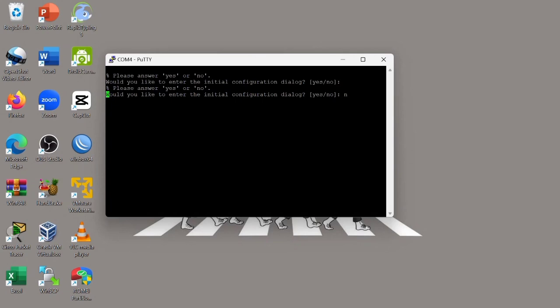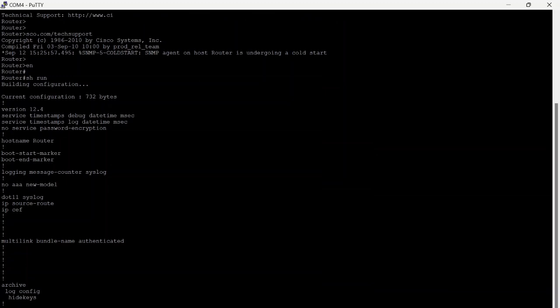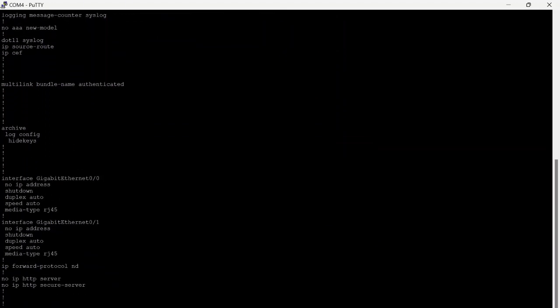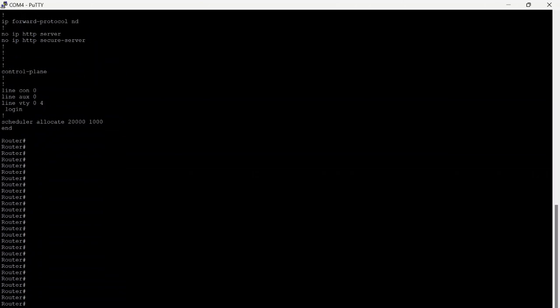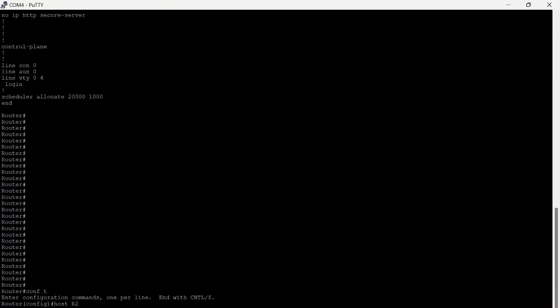First I enter privileged mode, and I enter configure terminal, and I change my hostname to router R2. This is router 2.